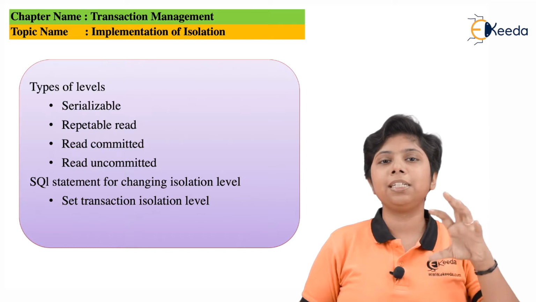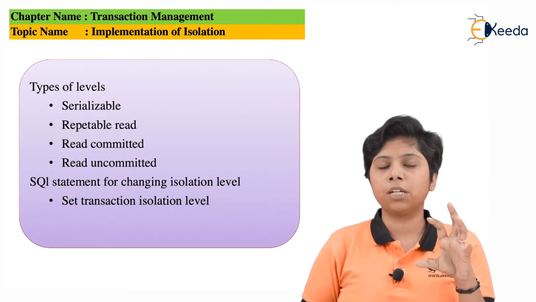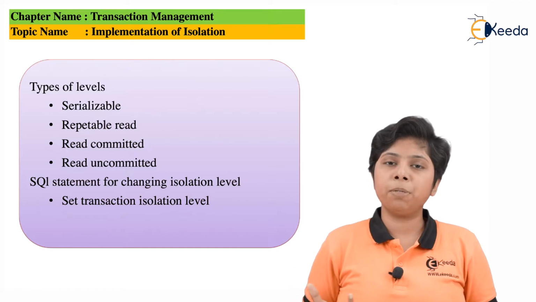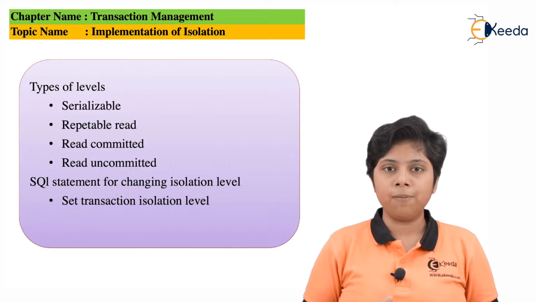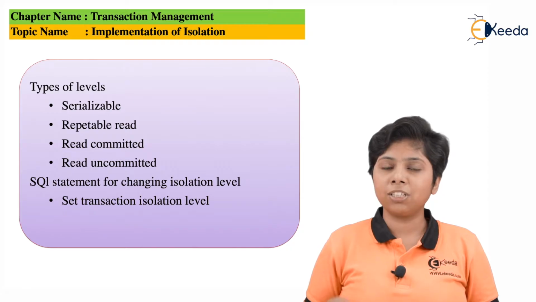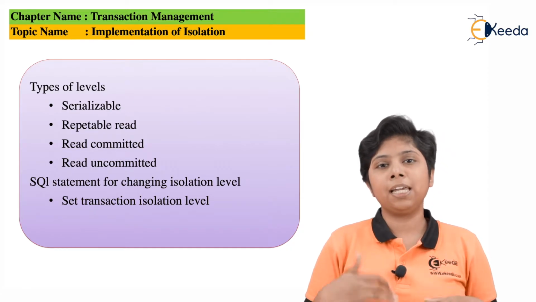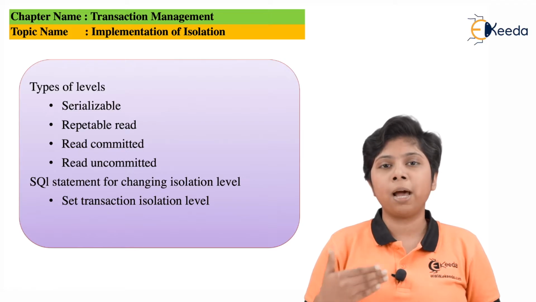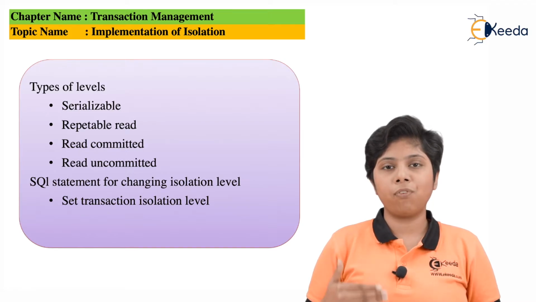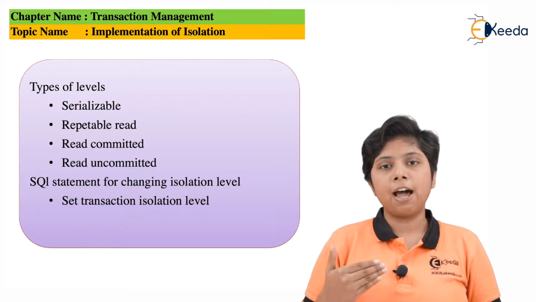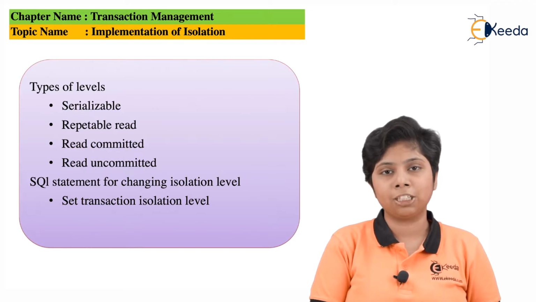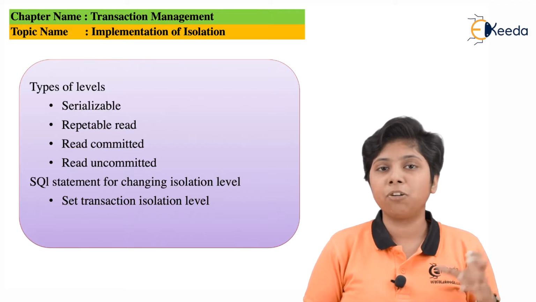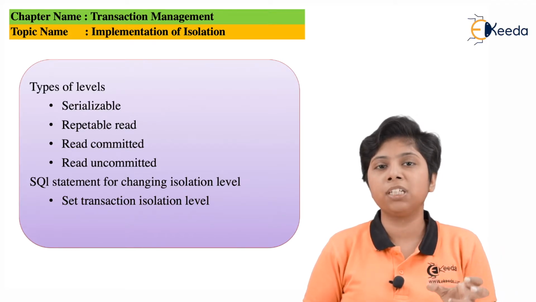So suppose that TI is reading a value for a data item X. Now after that TJ commits an update on that data, and after the transaction is committed, TI again reads the value. That means TI is now reading an updated value that was modified by the transaction TJ after its commitment. So it is extremely useful to note here that